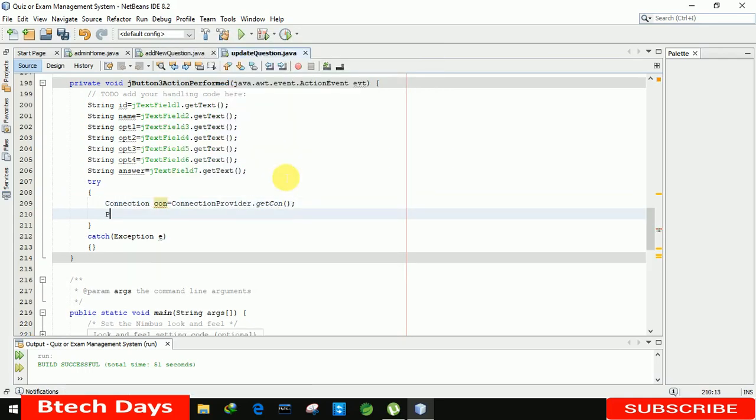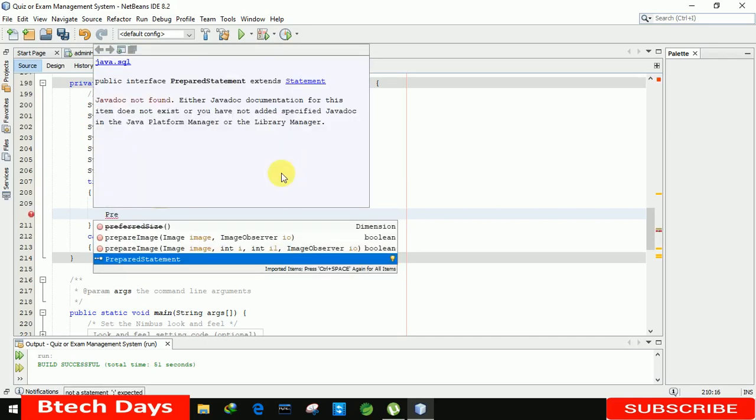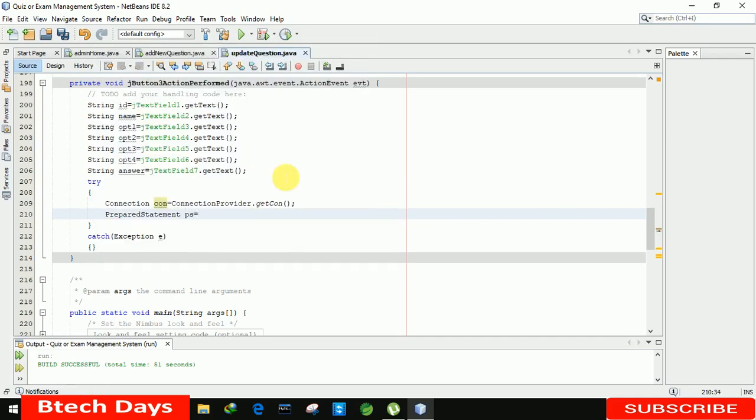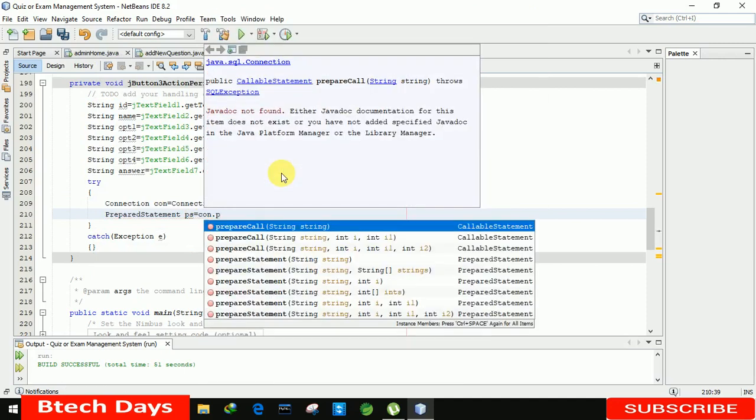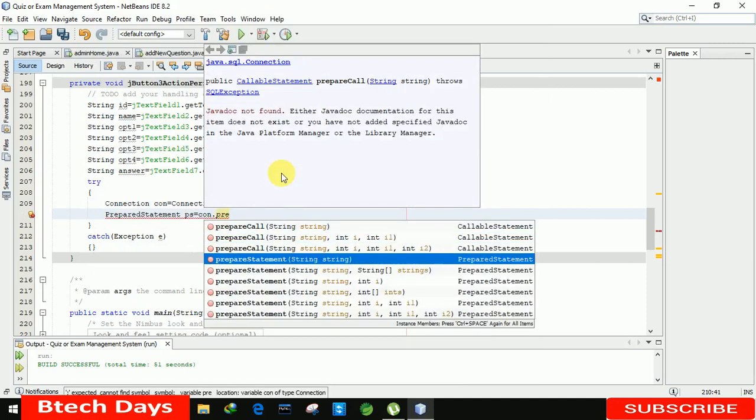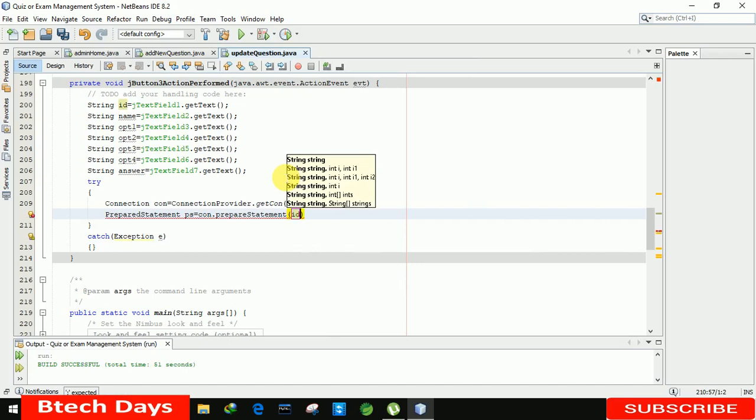After that we are going to prepare the statement. I'm using a prepared statement here: ps equals con dot prepared statement, and in this we just need to write the query. Okay, so the query is update